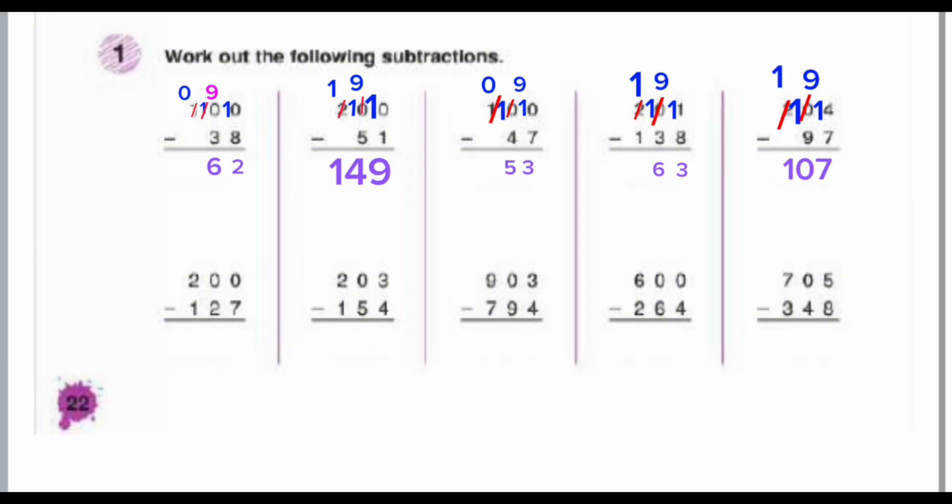Let's continue with operation 6. Now 200 minus 127. 0 minus 7, we can't subtract. So 0 tends to borrow from the tens digit, but it's 0. So the 0 in the tens digit will borrow from the 100. So the 100 will become 1 and the tens will become 10. Now the 0